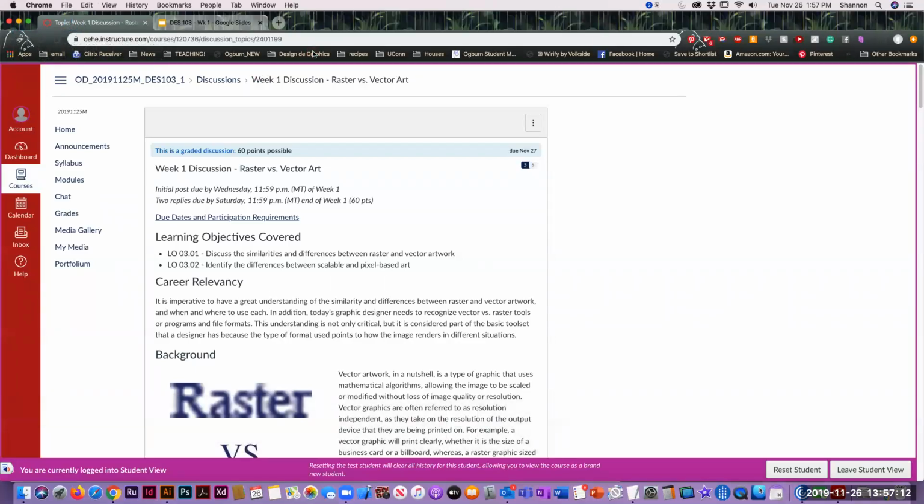Okay, so we're back. Week 1 discussion. We're going to be talking about raster art versus vector art. And this discussion post is very similar to a discussion that you did in DES 104. So when we think about raster art, that is what you did in DES 104, what you did in Photoshop,